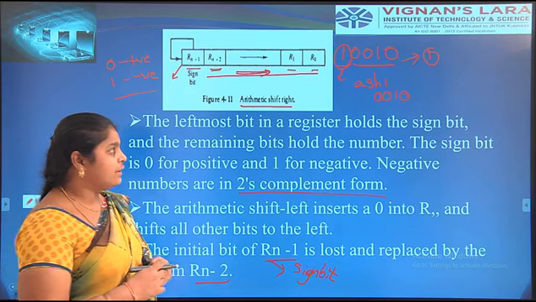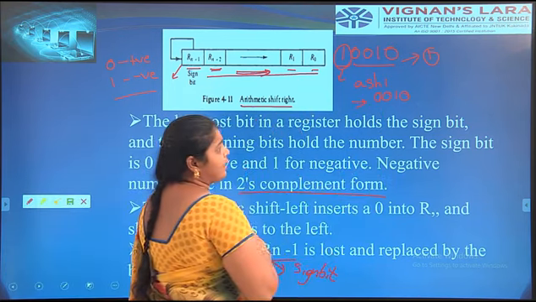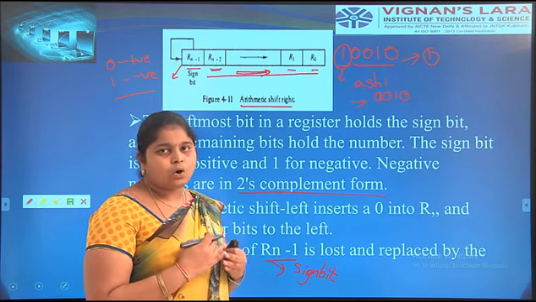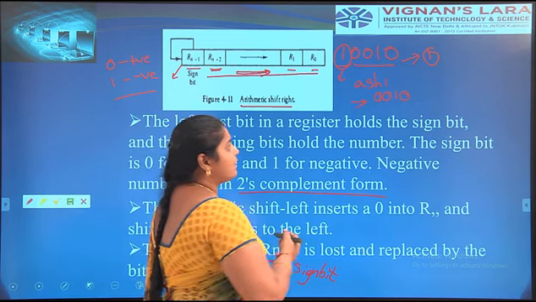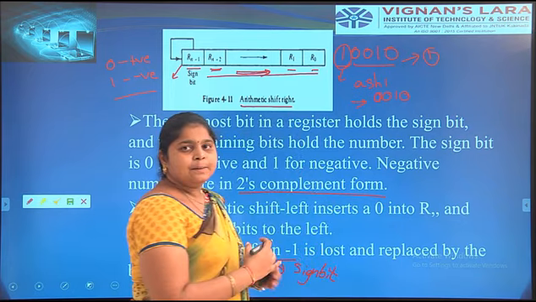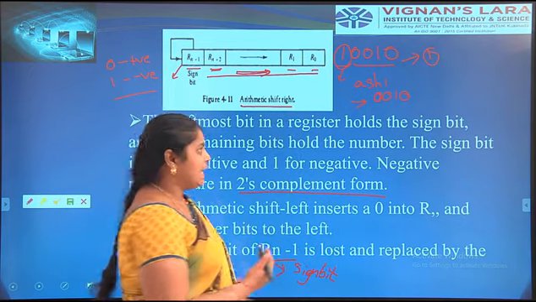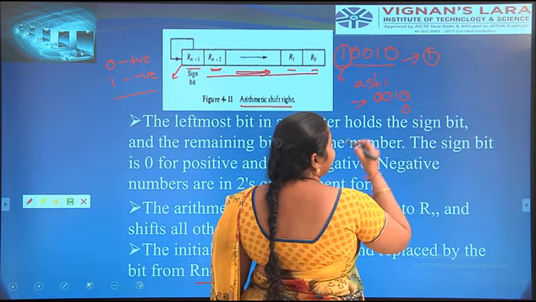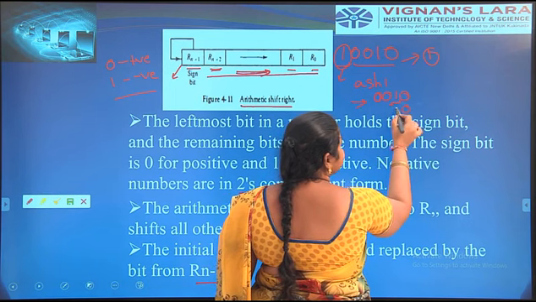In the arithmetic shift, we take this example 2. Arithmetic shift left is similar to the logical shift left. In the logical shift left, we transfer the serial input information, the bits, to the right side, and on this right side we denote 0. Next, one position is moved to the left side.